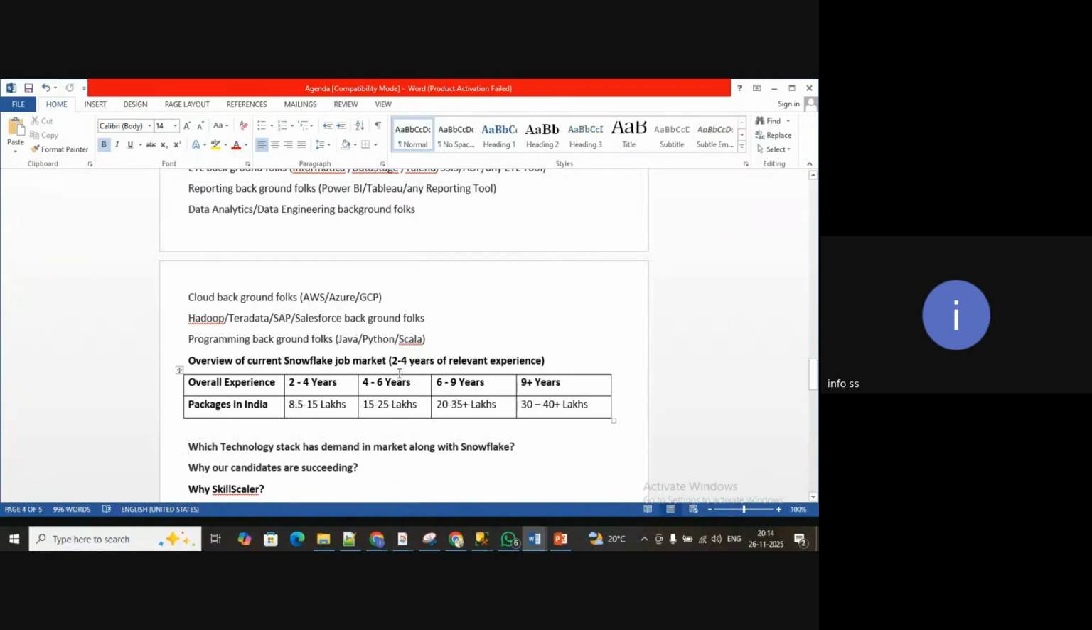if you compare the IT market to 2021, 22, 23, the IT market is down, but still Snowflake has demand, and a lot of our previous batch candidates got placed. Even this week, today, one candidate got an offer from the previous batch. The market is good for Snowflake because of its unique features, and a lot of clients are using Snowflake. You will understand the technical reasons why Snowflake is in demand. But if you take the current market trend,